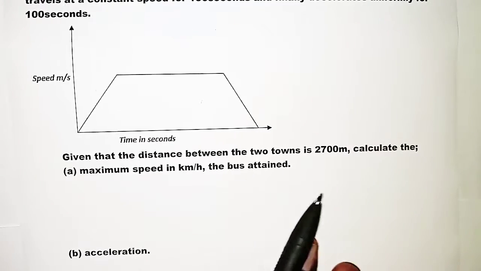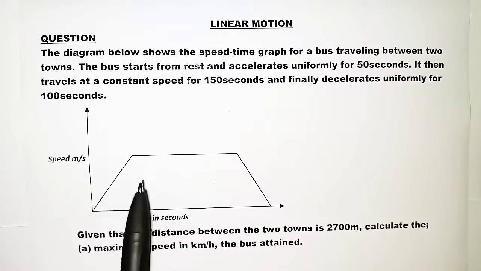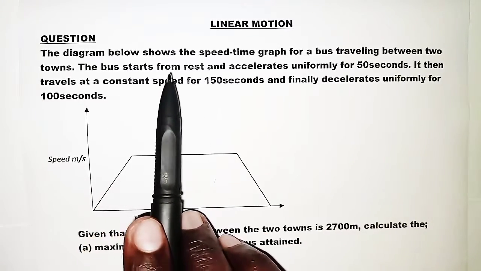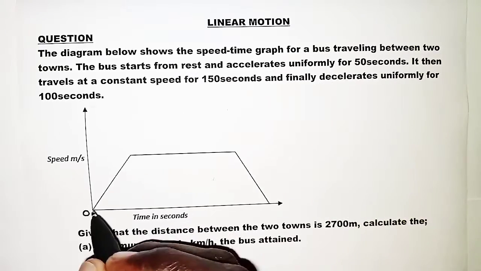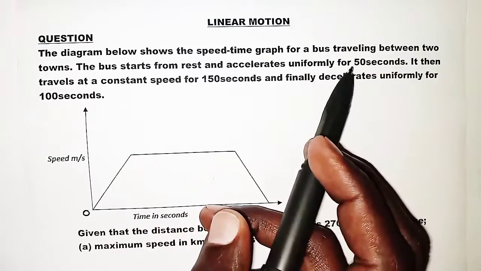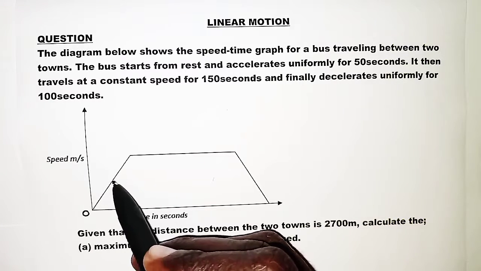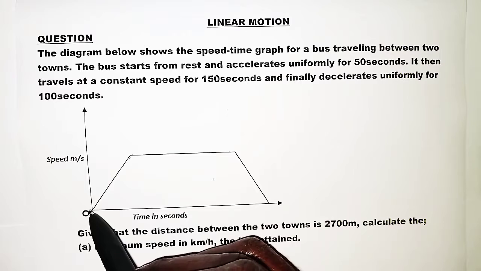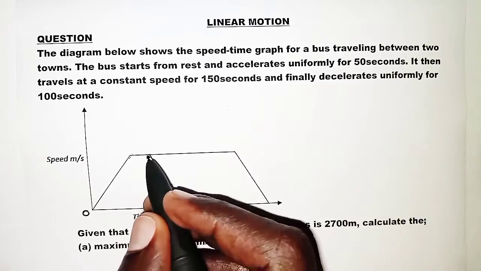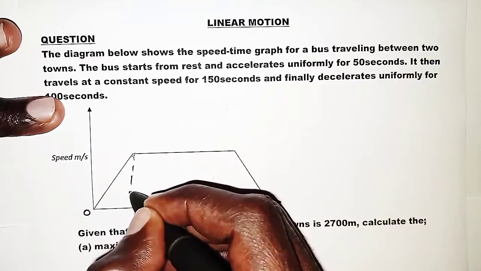So the graph we have here describes the motion. According to the question, we are told that the bus starts from rest. So it starts at rest, and then it accelerates for 50 seconds. This shows acceleration, so the speed increases steadily up to some point. That takes place in 50 seconds. So we are going to have, down here,